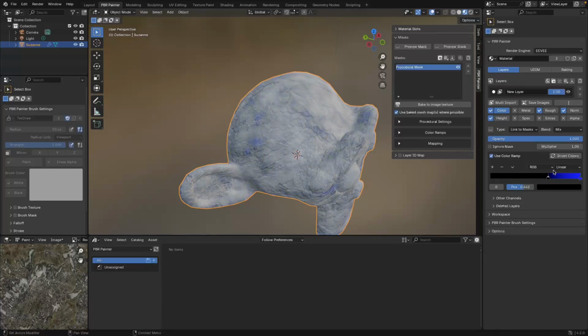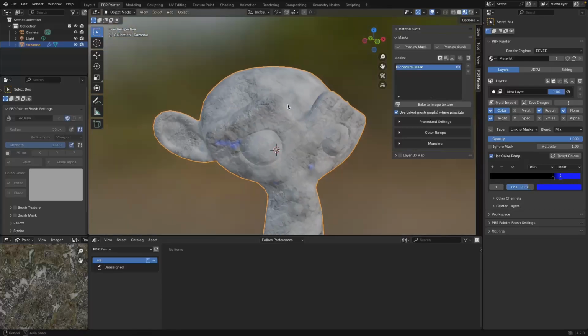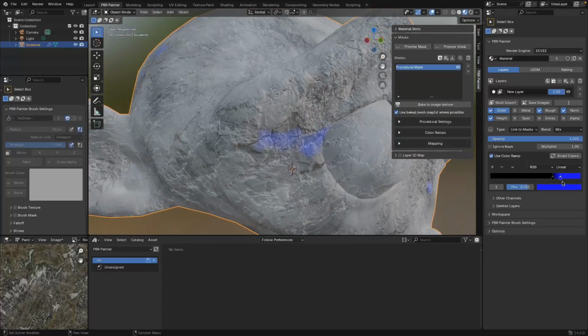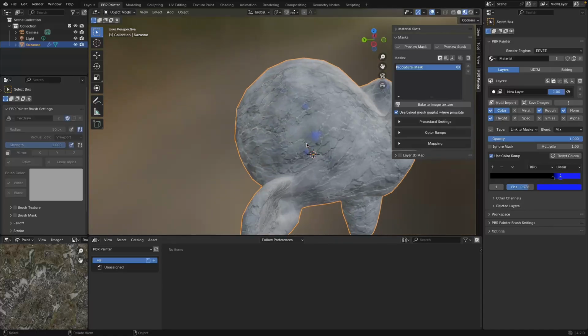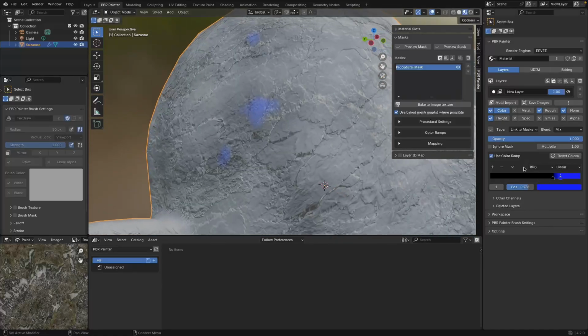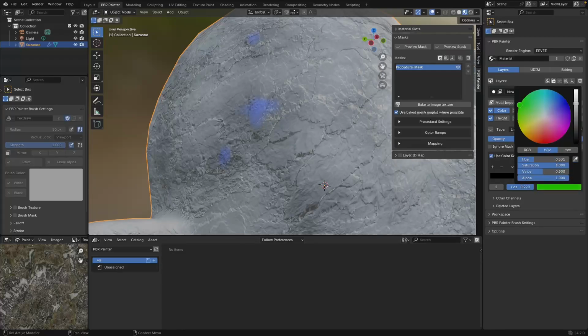And if you do things like this, you can actually create different effects where you're linking that mask to a specific color. And of course, you can do this with the different channels as well. So this is really cool if you want to mask out your layer, but actually have your channels be linked to that masking. And to demonstrate this a bit more clearly, if we add another element into our color ramp up here, and maybe make this a different color,